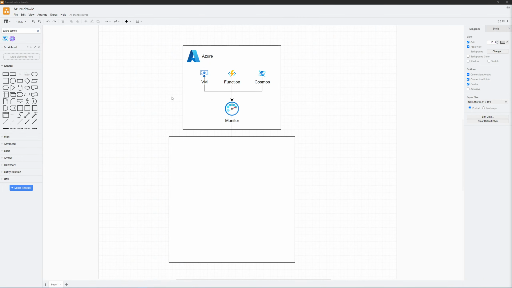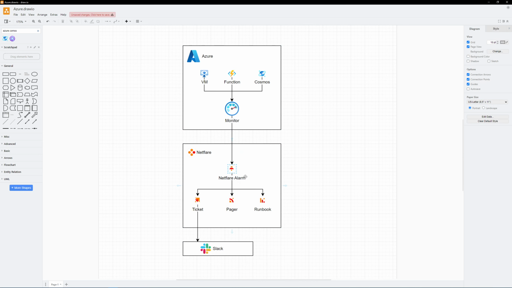Before we get started, let's look at a high-level overview of how Netflare will monitor your Azure infrastructure. In Azure, every service that you use, such as VM, Function, or Cosmos, emit metrics that are stored in the monitor service. You can set up alerts on these metrics so that if they cross a threshold you specify, an alert will be triggered. We will configure the alerts to notify Netflare alarm system so that Netflare can take automated